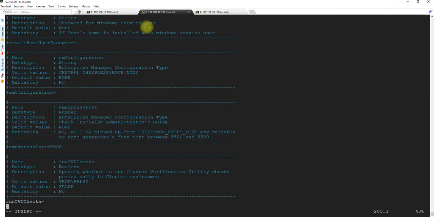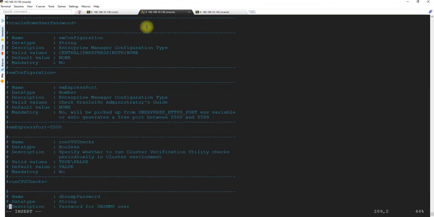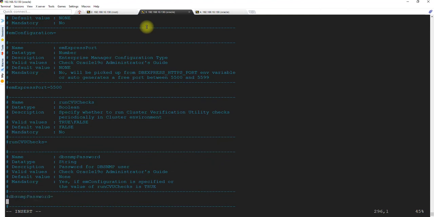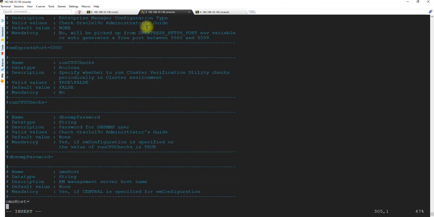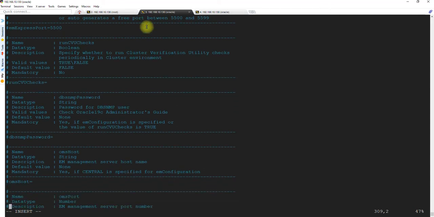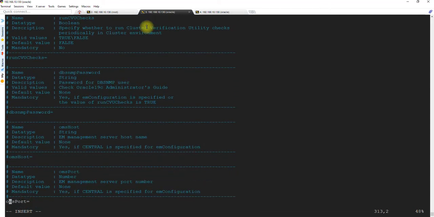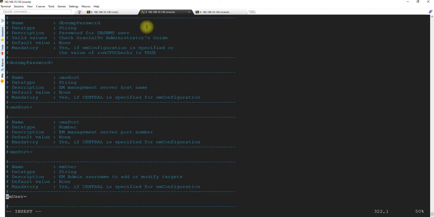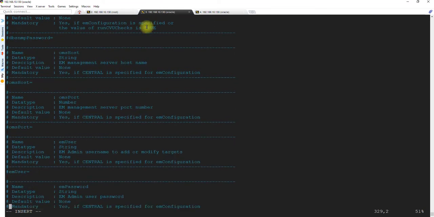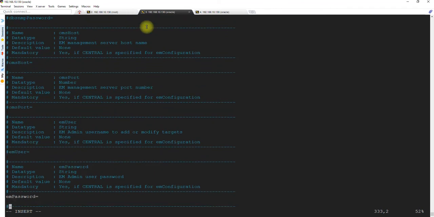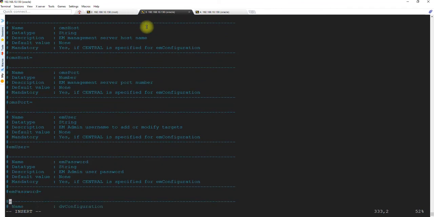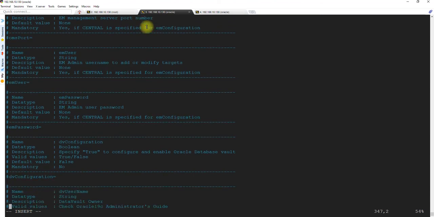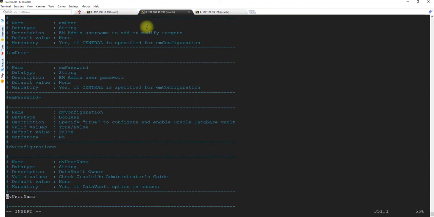You must be remembering how we go through these steps in the GUI, find these types of settings, and then uncheck the box. This is what goes on under the hood. These parameters are modified automatically by Oracle as soon as you check or uncheck. But currently, because we are doing it manually, such as this enterprise manager password, we have to make sure to do it properly through the parameters.